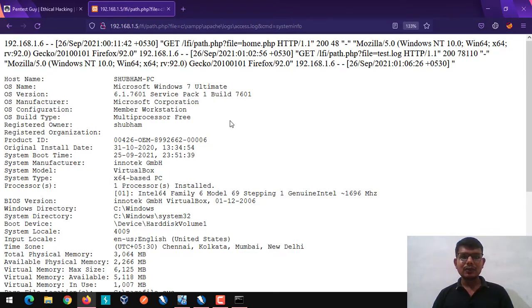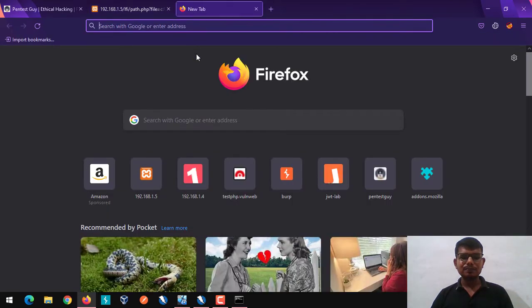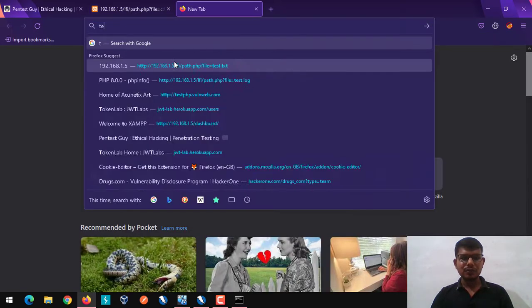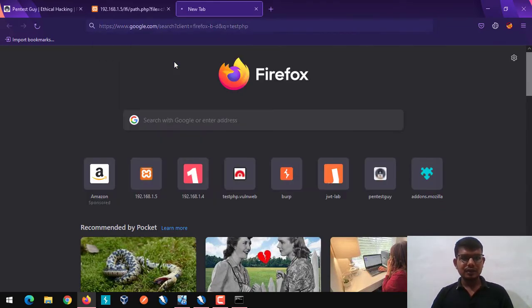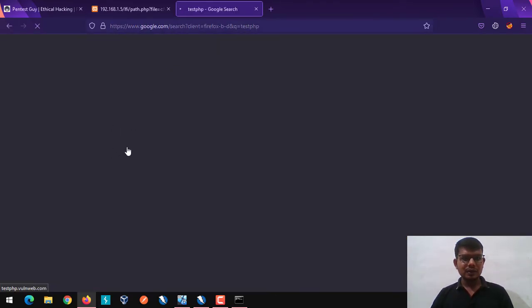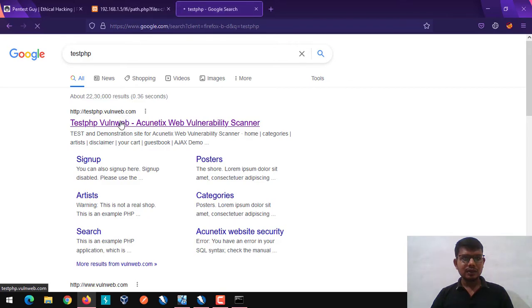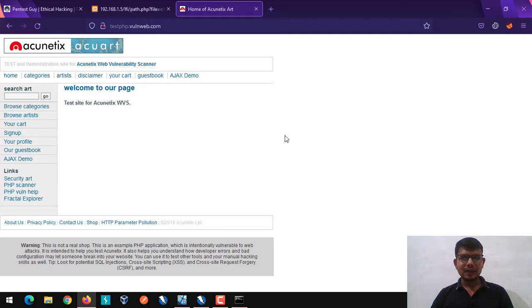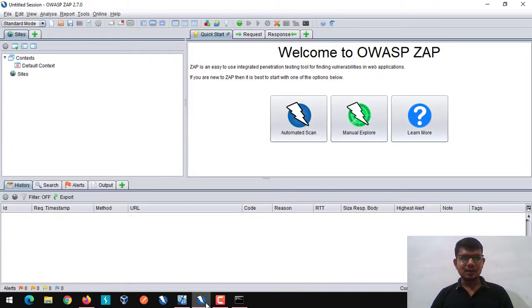The other thing I want to show you is how we can find LFI on any web application. For that I'm going to use test.php, and for this demonstration I'm using ZAP.